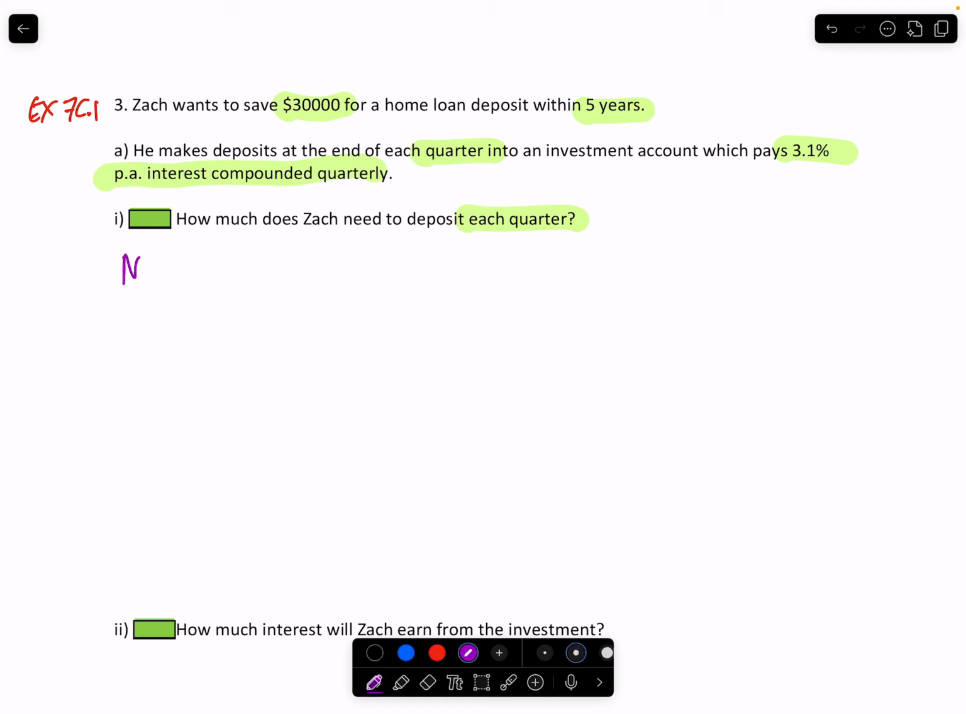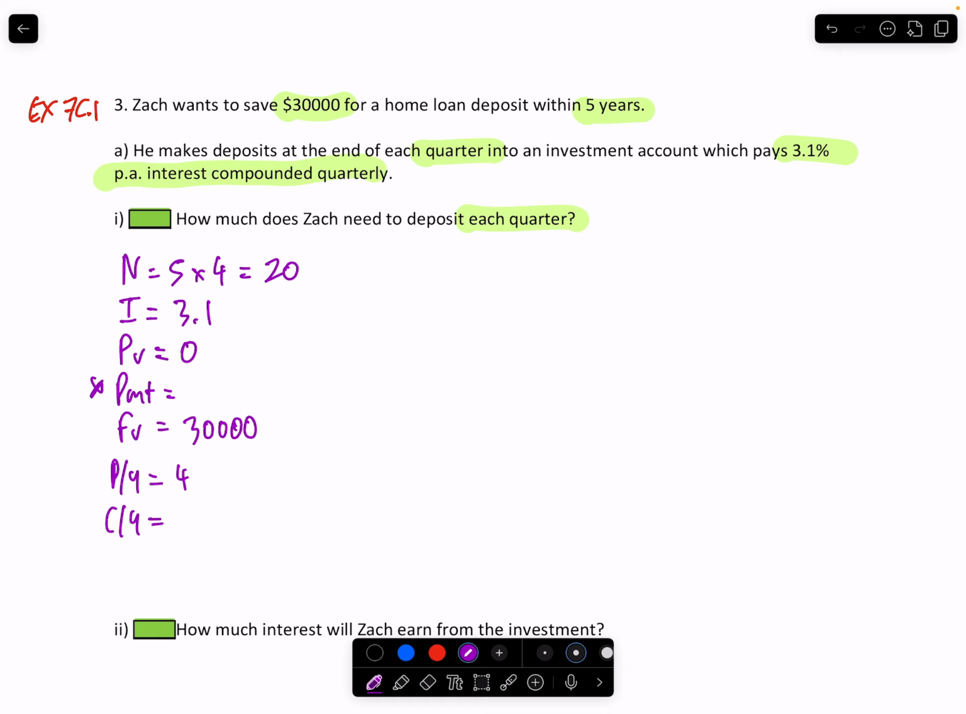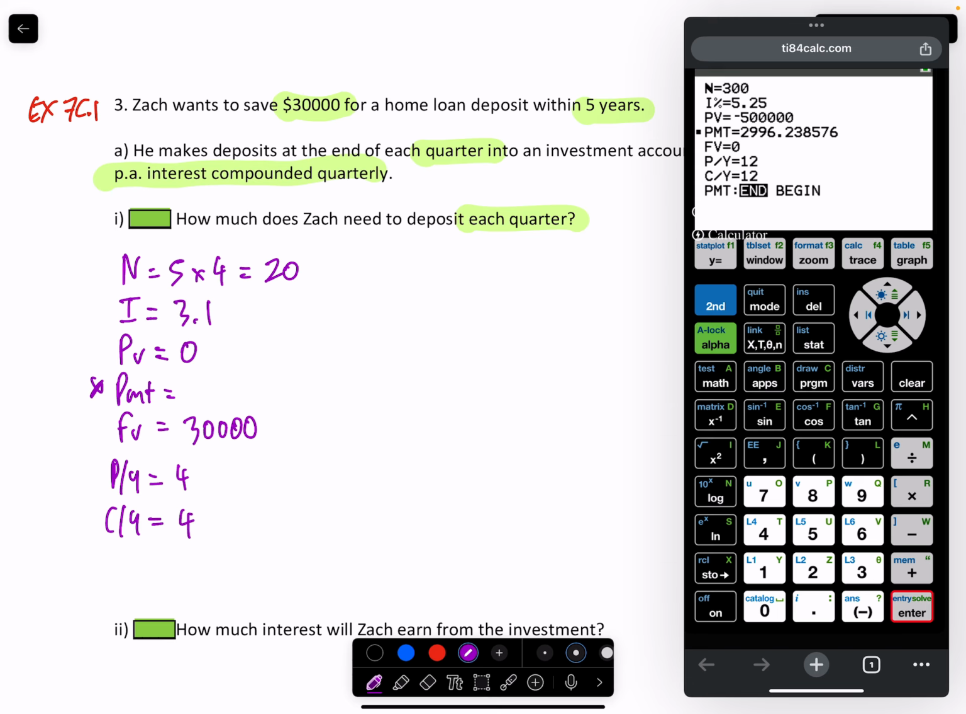So N is going to be 5 years times by quarterly, so 20. The interest rate is 3.1. PV, it doesn't say that he started off with anything. PMT is what we're looking for because it says how much does he need to deposit. FV, he wants to have $30,000 in there at the end, so positive 30,000. PY, he's paying quarterly, so 4, compounding quarterly also. 20, 3.1, nothing, 30,000, 4 and 4,